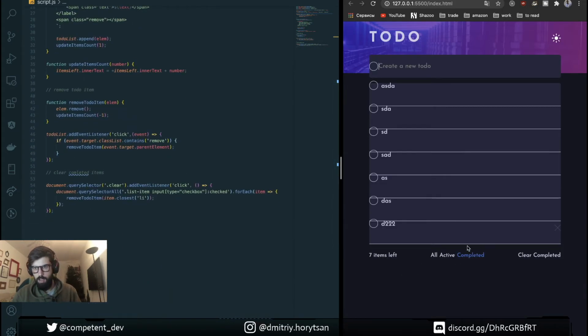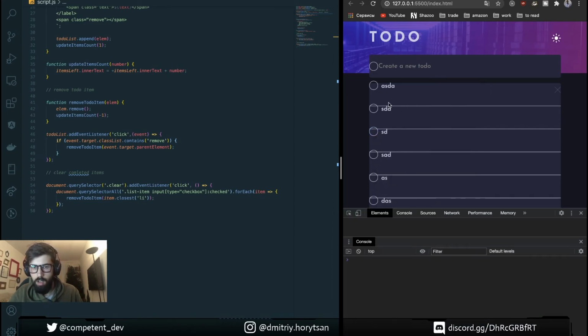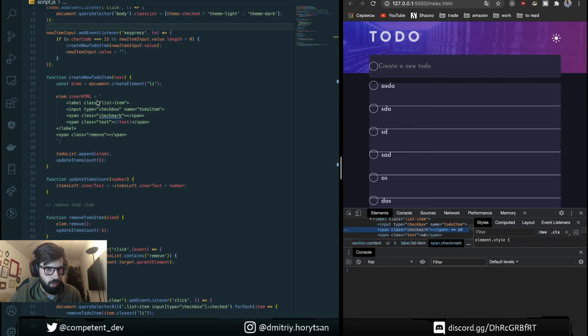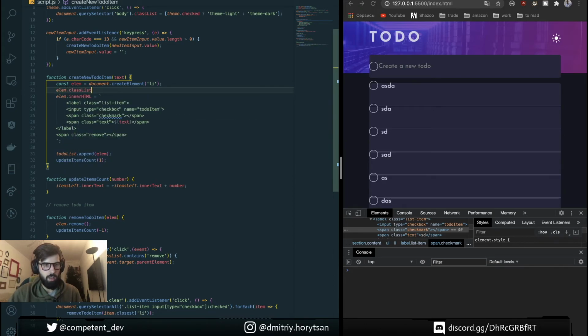Okay, the next and the last thing that we're doing here. Why also do we have the styles like that? I'm not sure. For li we need to set a class name, li class list, call list item. Let's use add.